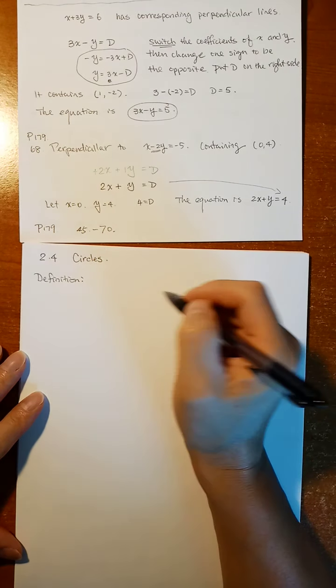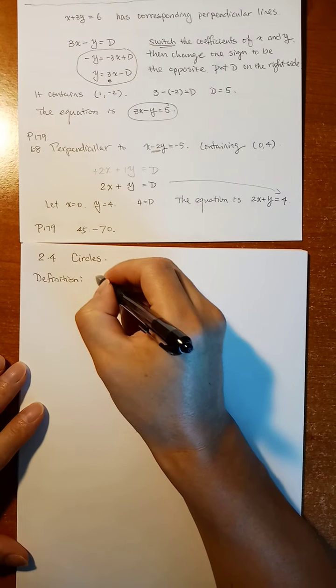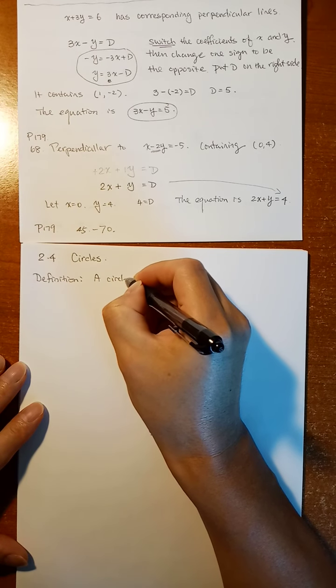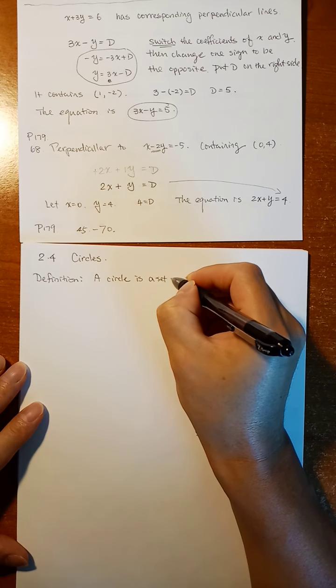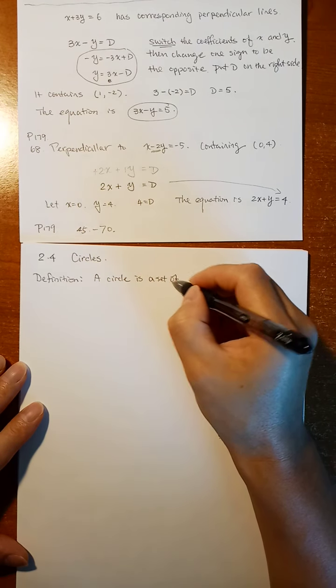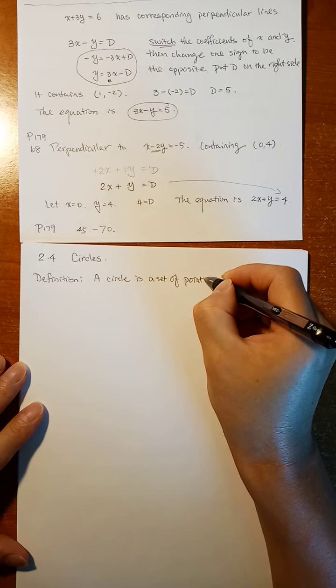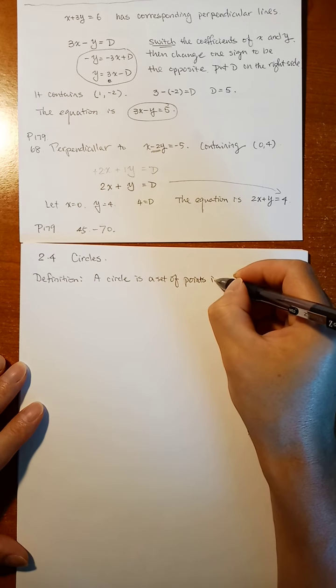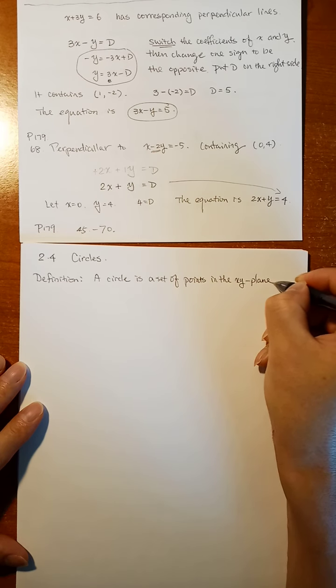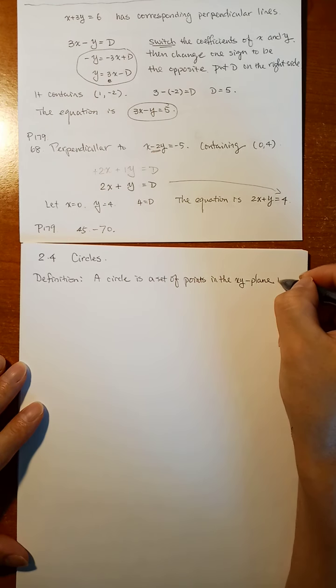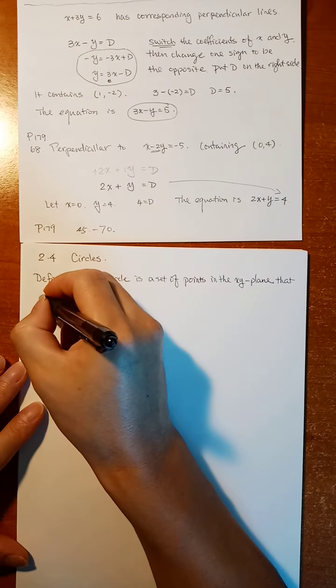Let's see the concrete definition. A circle is a set of points in the xy plane,